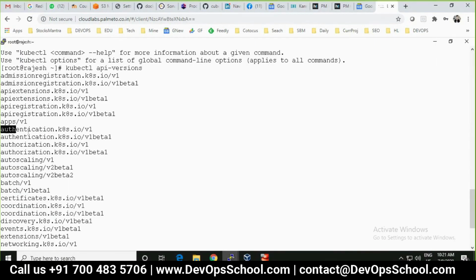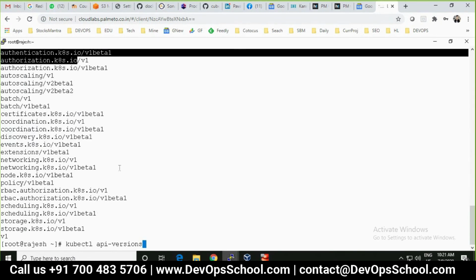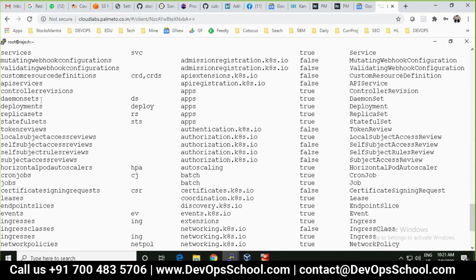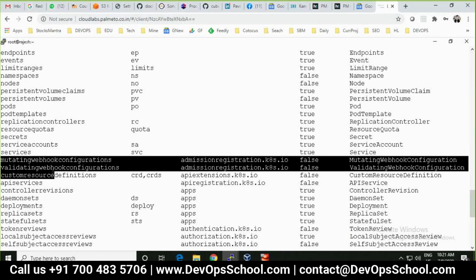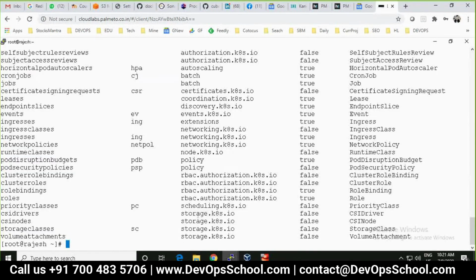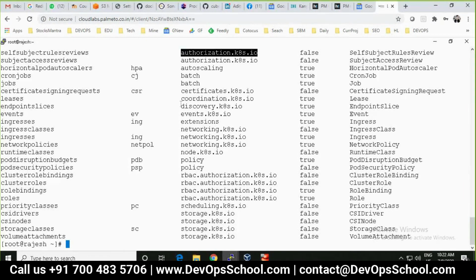See, authorization. If you see this way, all these resources have now become a part of some group. For example, groups called storage, RBAC, networking related APIs, authorization related APIs, like this.